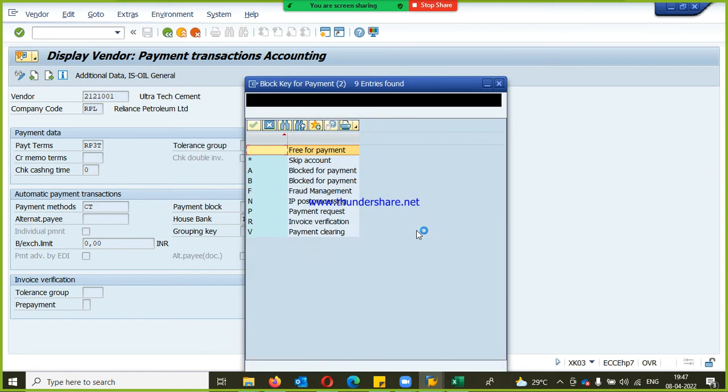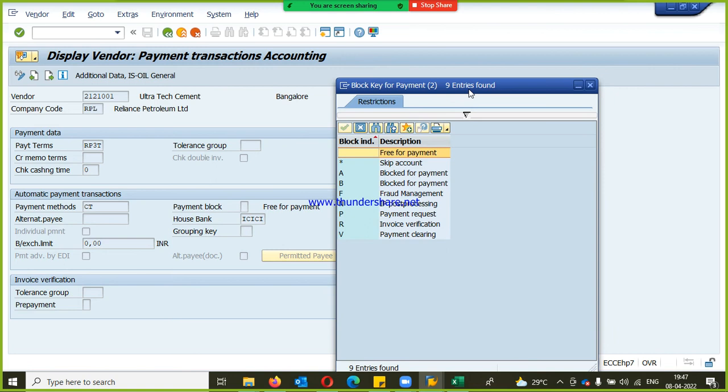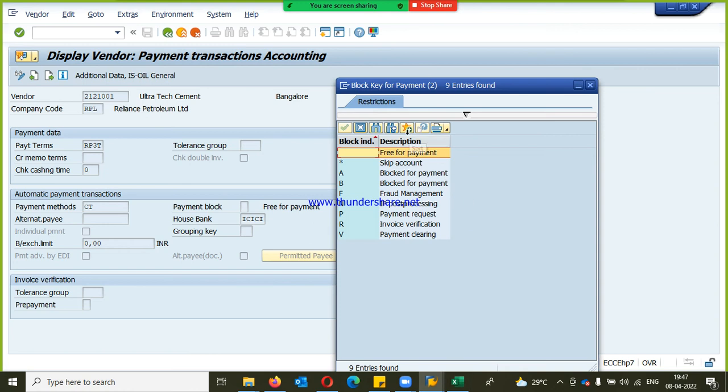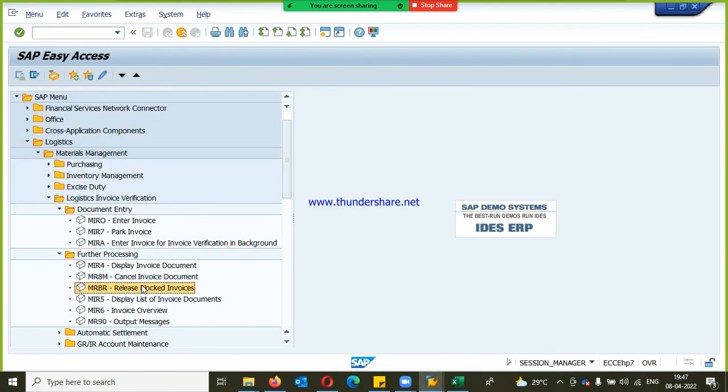So what is the reason for the payment block? Sometimes what will happen, the vendor gives a quotation in a different amount, and when posting the invoices, the invoice amount will be different. At that time, we block the payment. Then if you want to release that, you can come here and release the blocked payment, so MRBR. And MRR5 is there,